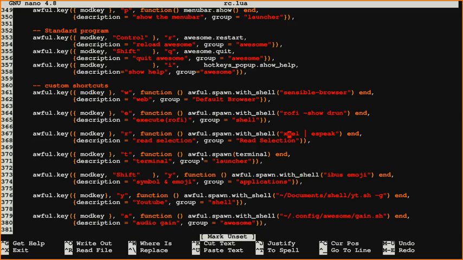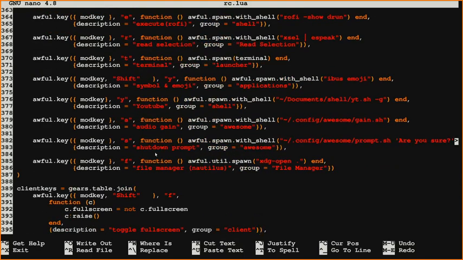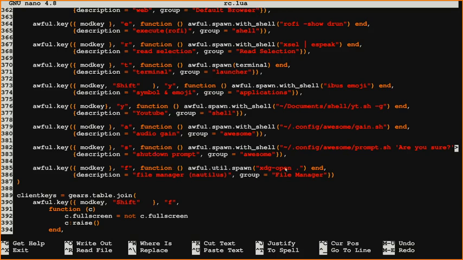So I have another program, the terminal launcher, to launch my terminal. It's Super T, and you have all my small shortcuts that you can probably just copy if you like them. I have some custom software in my awesome directory that I can execute from this config file, and by default you won't have this